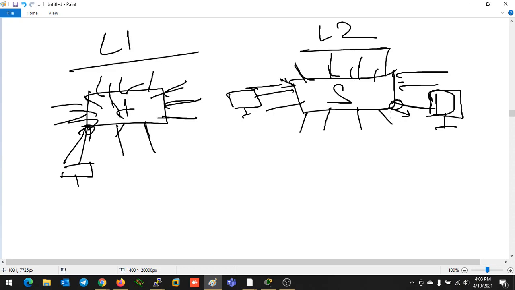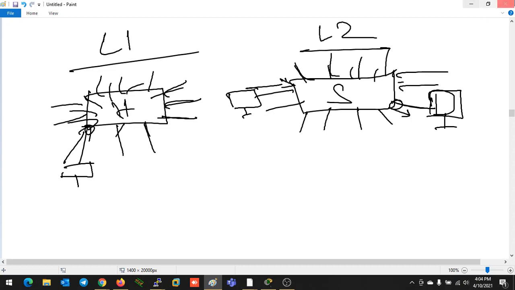So the concept is that for the first time the switch will do broadcast, but from the next time the switch is not going to broadcast every time; it will send the data as unicast. That's the reason. After that, we also have so many layer 2 technologies to run on our switch. Hub can't support those things, so that's why the switch is an intelligent device and the hub is not an intelligent device.